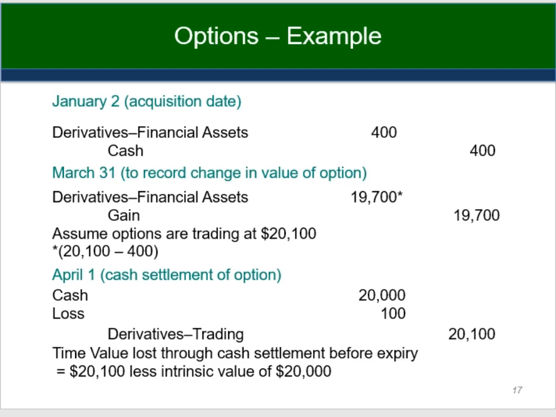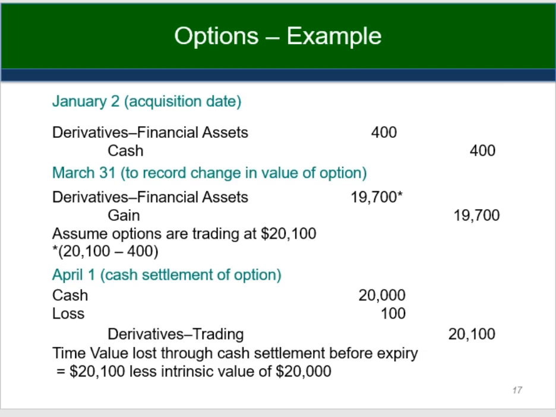So on January the 2nd, the acquisition date, you would record the fact that you have paid for some derivatives. So you are the purchaser of the option. You record the derivative as an asset. It does meet the definition of a financial asset because it has a specific number of monetary units, and it is an economic resource that is under the control of you as the owner, and it will provide you a future benefit, and it's a result of a past transaction. So you've paid cash, you have the derivative. So you record a debit to the derivative, and record the cash payment.